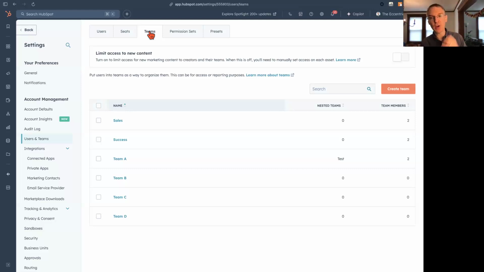The second way is primary and secondary teams, which I believe may be an enterprise feature. If you do the primary and secondary team thing, this is going to be really powerful, particularly if you have people who are supporting a team in one way or another. So imagine you have a sales team. This is your Northwest Territory sales team or whatever, and they